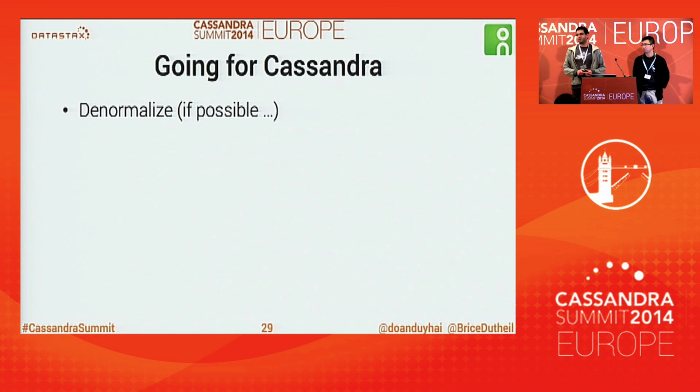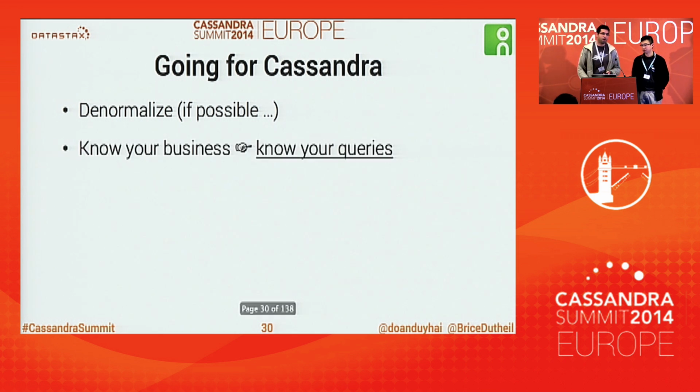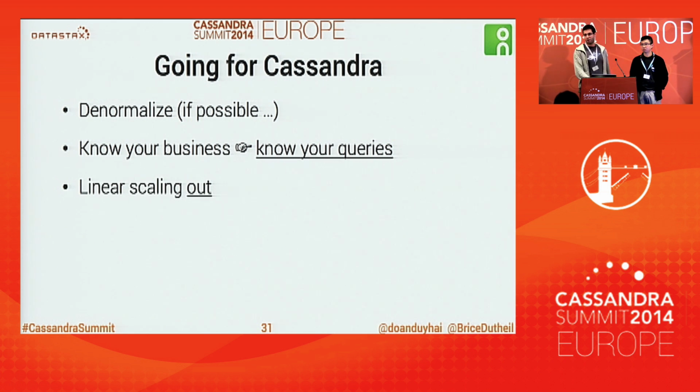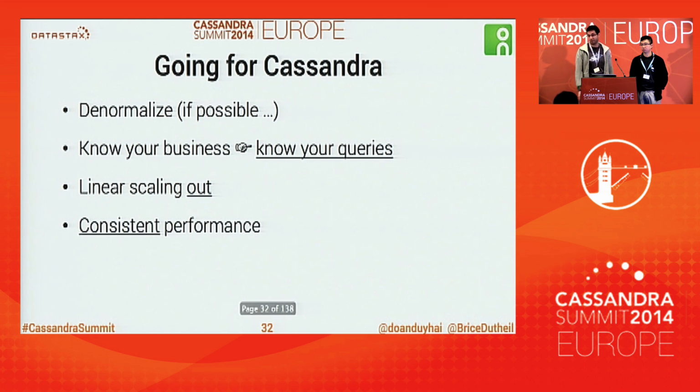So Cassandra is the choice we have made. That means that we have to think in a denormalized way. It also means that there's a mindset change. We have to know how we access the data. The access pattern is very important. Are we ordering? Are we grouping? Is it time related? Does the data expire? It's important to know that. And if the data model is right, we expect to have linear scaling, and so consistent performance when the user base is growing.